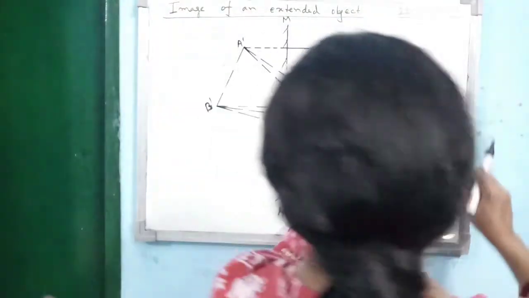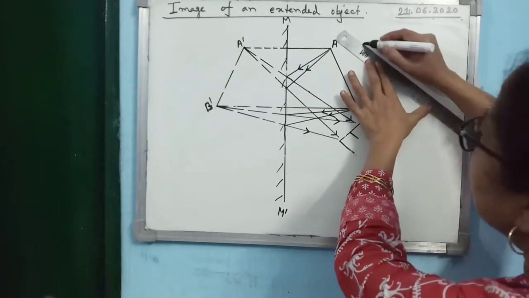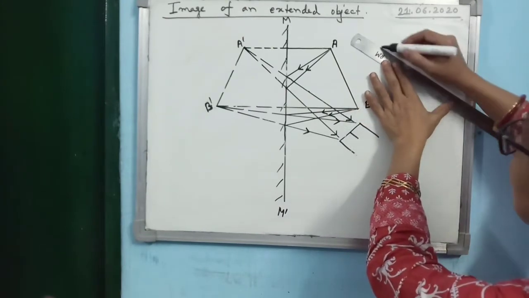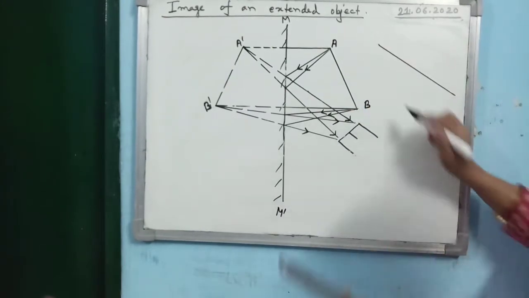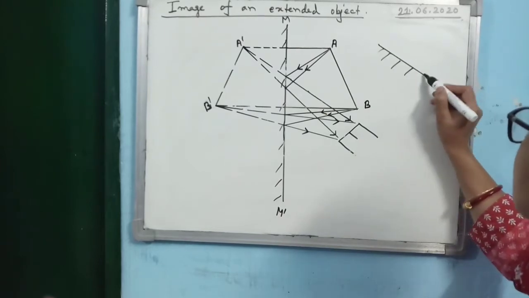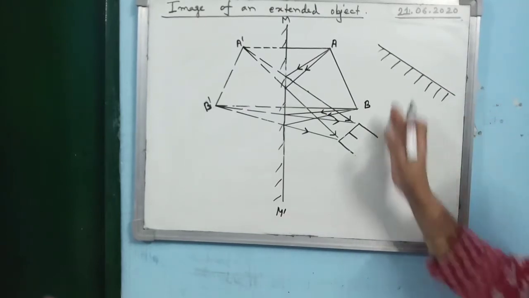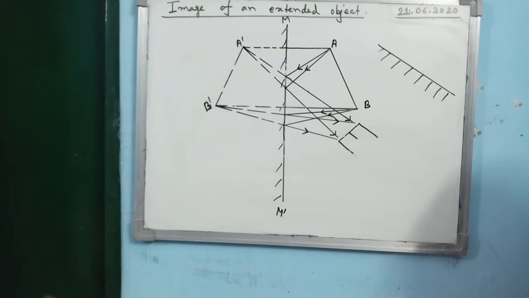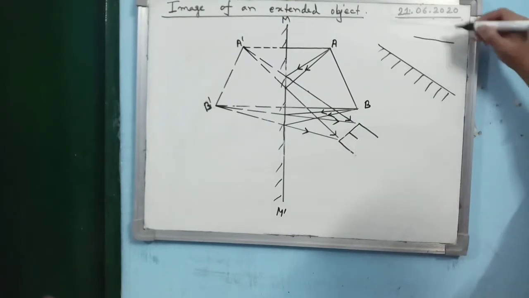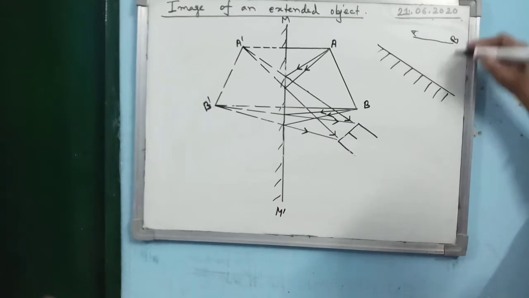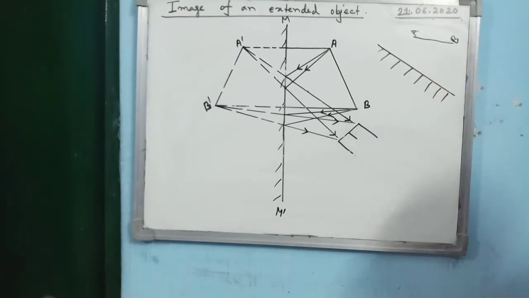Now, the mirror may be given in any manner. Just you see, this is the homework I am giving to you. Suppose you have taken the mirror like this. Alright, and then you do the same thing and draw the extended image. Means here the object is, and you have to draw the image. Alright, in that case what do you have to do? You see here how to do.